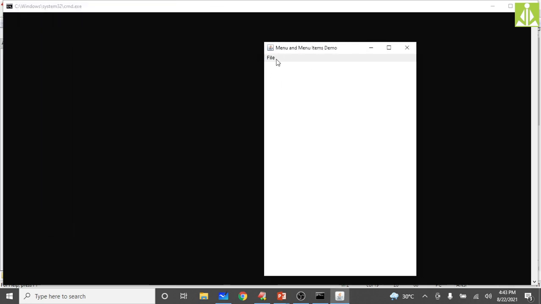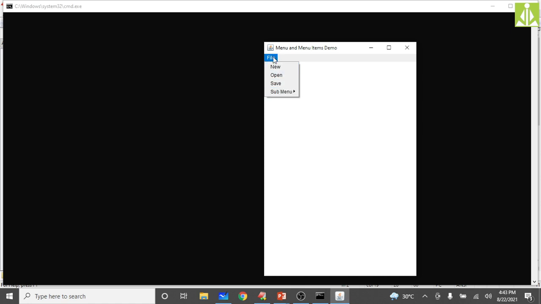Just go to the file and click on it. It is giving, see, three items: new, open, save. And we are getting a submenu with a triangle arrow over here. Then when you are hovering on that submenu, you are getting edit and view options. These things we have given manually in our program, isn't it? So the same items we are seeing over here. Hopefully you understood this program.